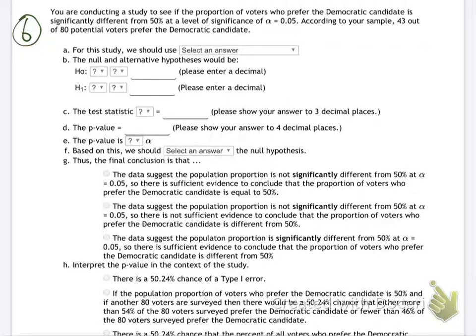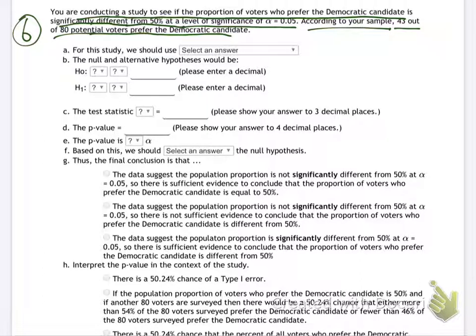Let's try this one. You're conducting a study to see if the proportion of voters who prefer the Democratic candidate is significantly different from 50% at a level of significance alpha 0.05. According to your sample, 43 out of 80 potential voters prefer the Democratic candidate. All right, so the first step on every hypothesis test problem